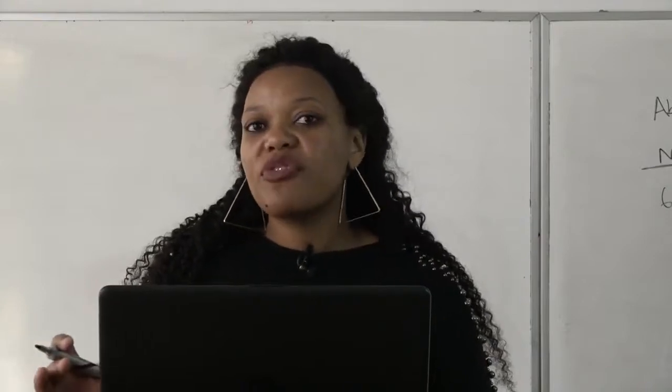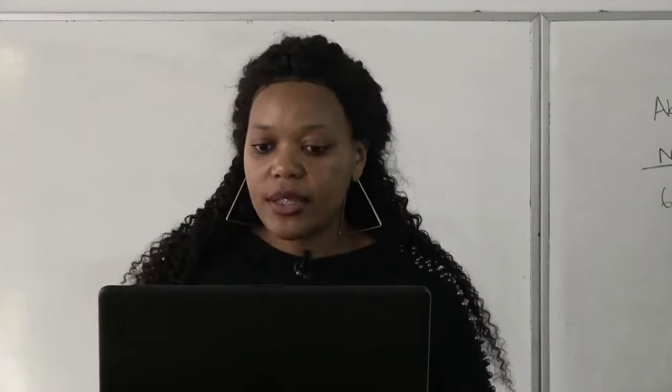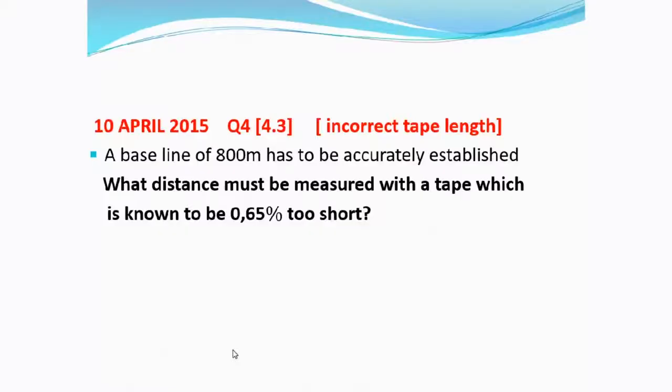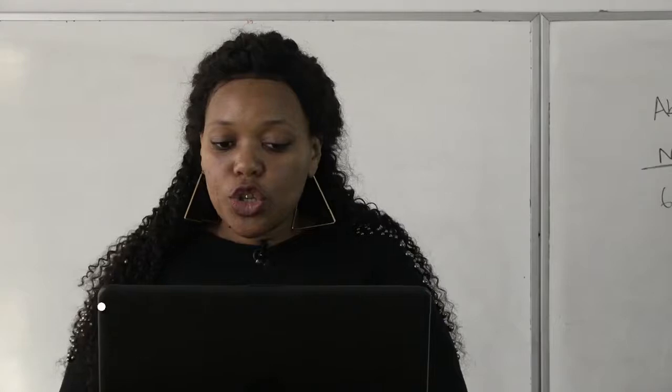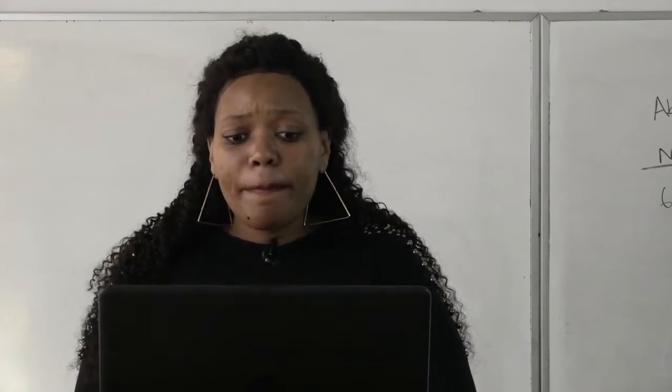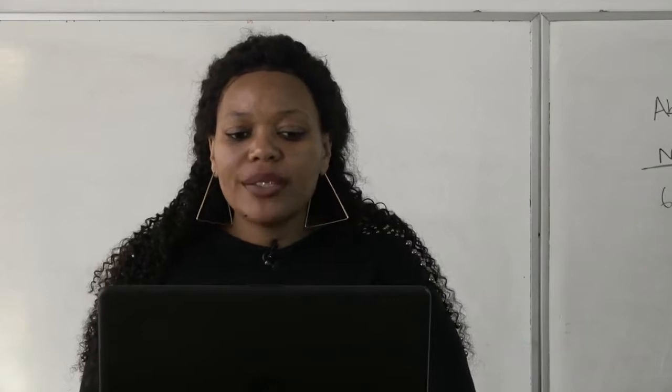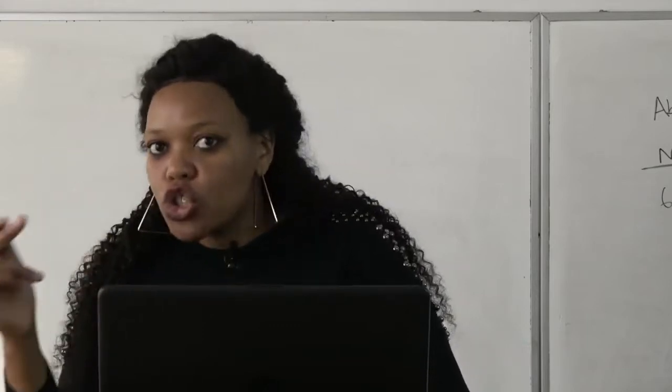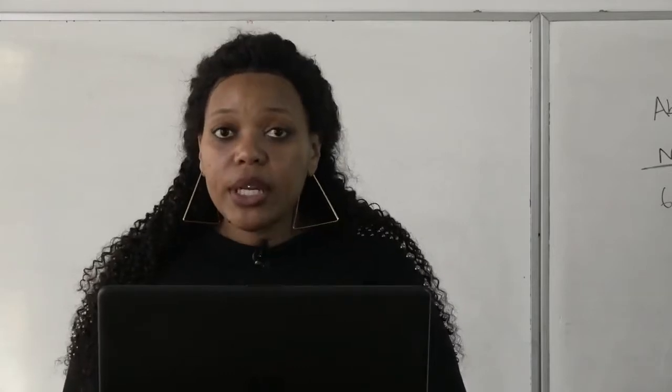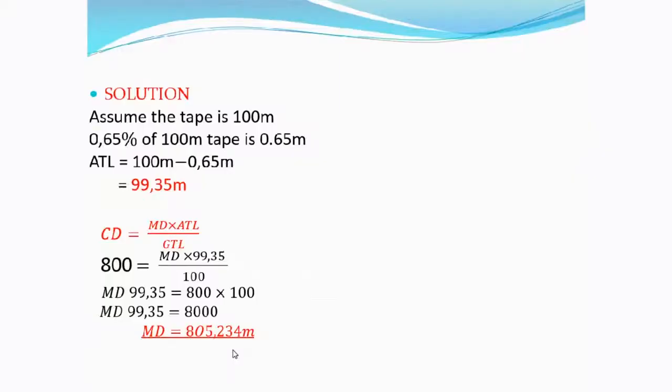Which means we are looking for a measured distance in this case with a tape which is known to be 0.65% too short. Okay, so we first need to do what? The correction, because we are told that the distance must be measured with the tape which is known to be 0.65% too short, which means we need to do the correction. Okay, let us look here at the solution. Assume the tape is 100 meters, because 0.65% of a 100 meter tape is